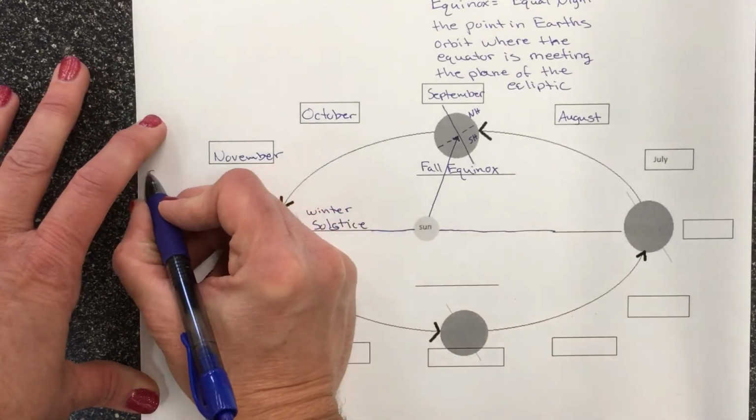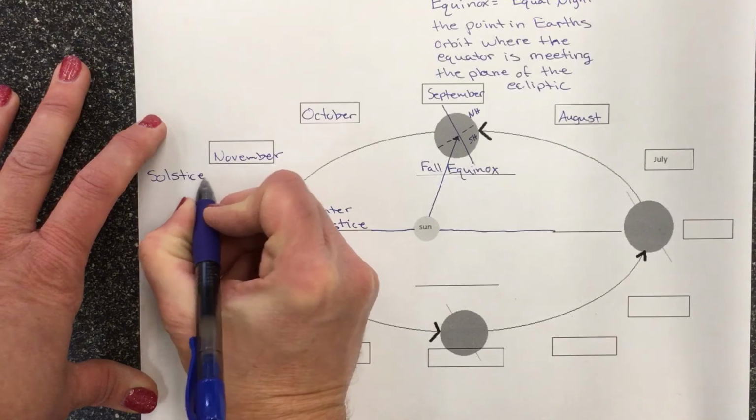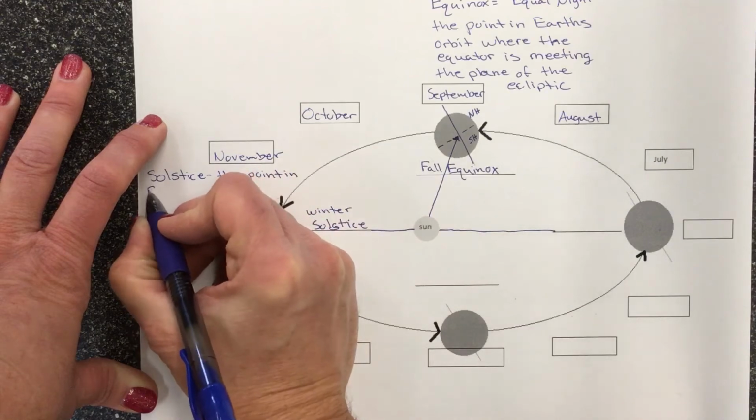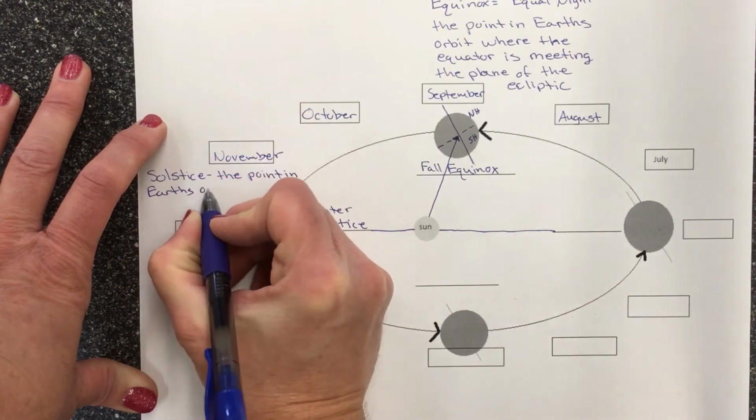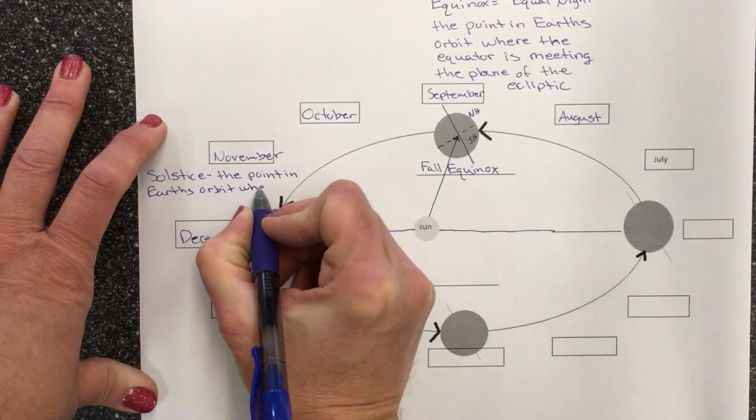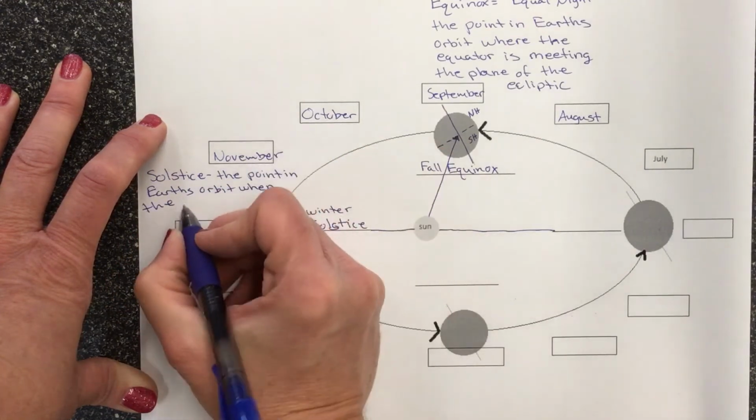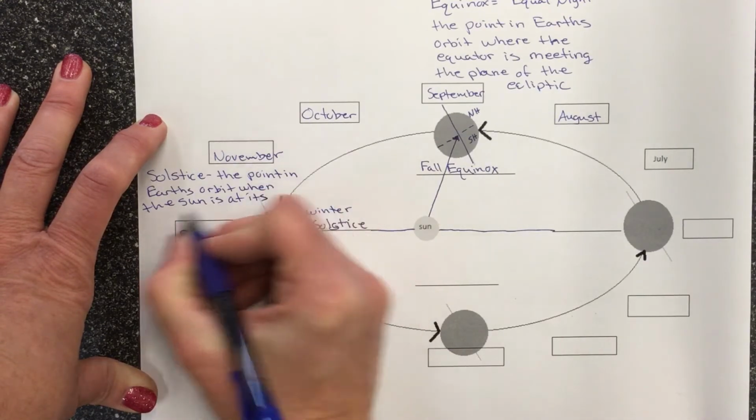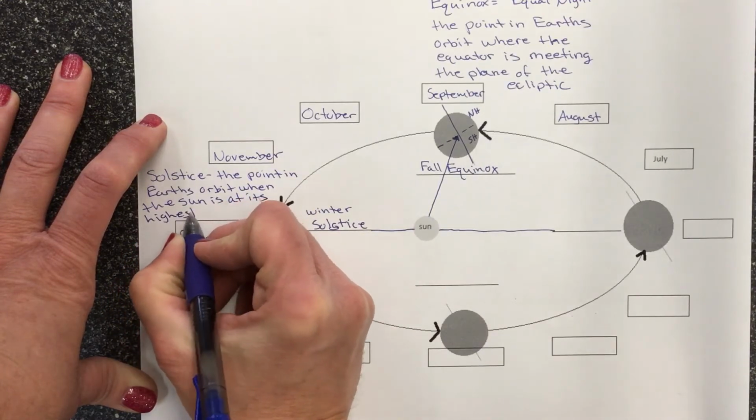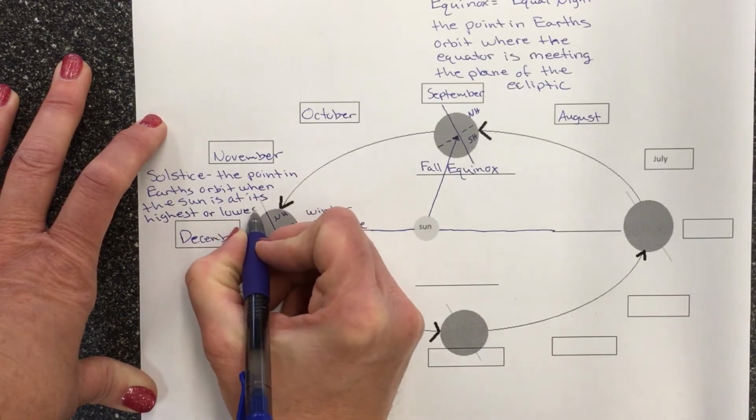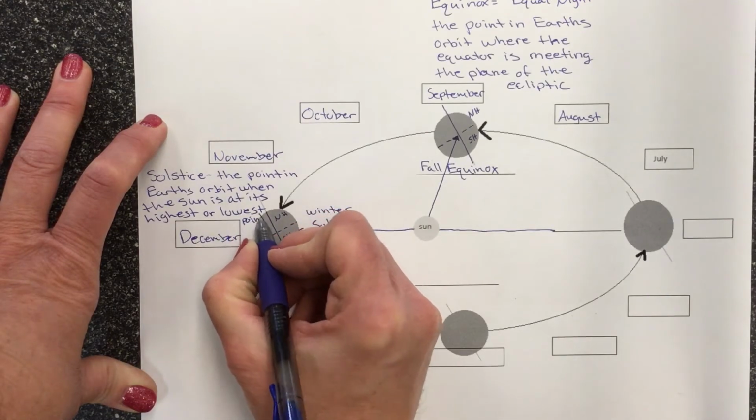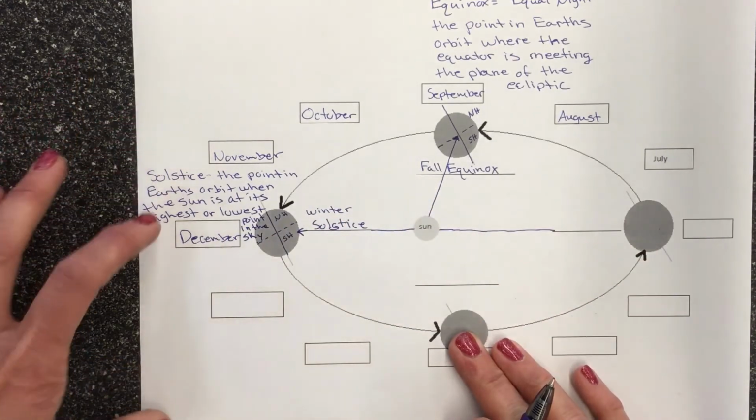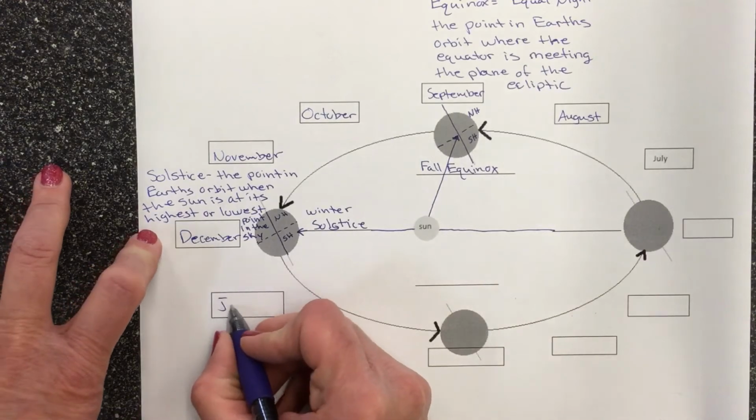So the definition of a solstice is the point in the Earth's orbit when the sun is at its highest or lowest point in the sky. Sorry, that's really squishy there, okay? So that's a solstice. Then we fast forward into January,